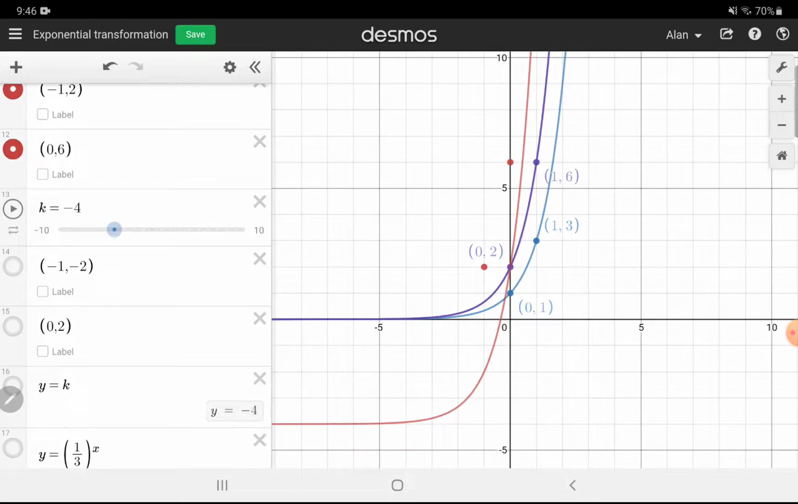Okay, so there we are at negative 4. And when you do that, you're also moving the other points down by 4 as well. So (-1, 2) and (0, 2) will be your new points. How do we get those points? Well, if you look at the graph,